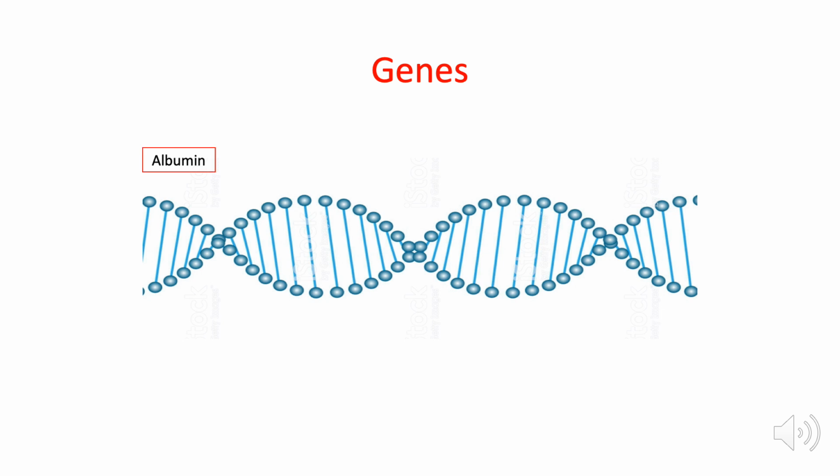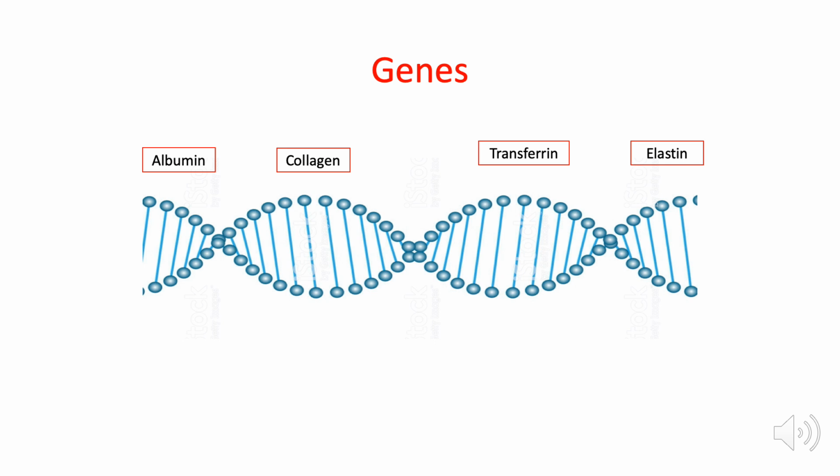This gene encodes for albumin. This gene encodes for collagen. This gene encodes for transferrin, while this gene encodes for elastin. Take note, the cells in the body have the same DNA,